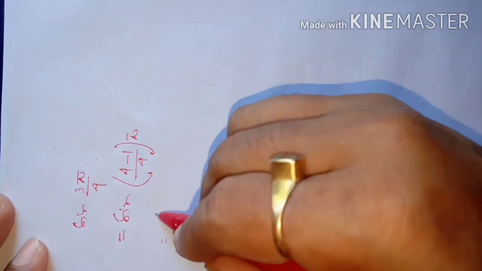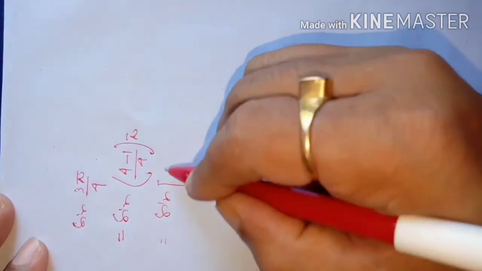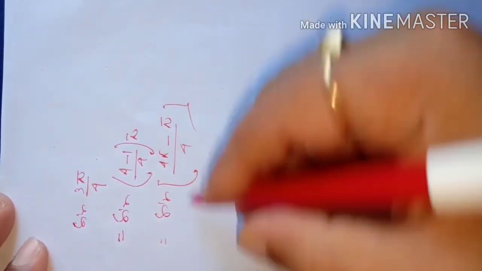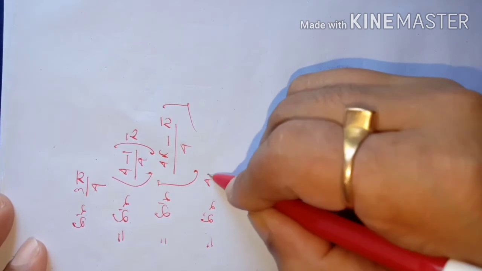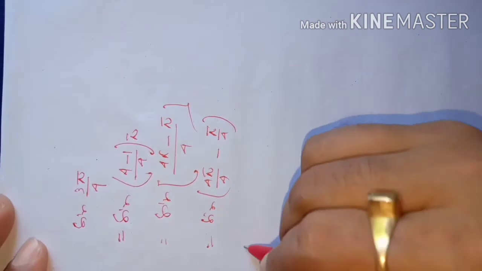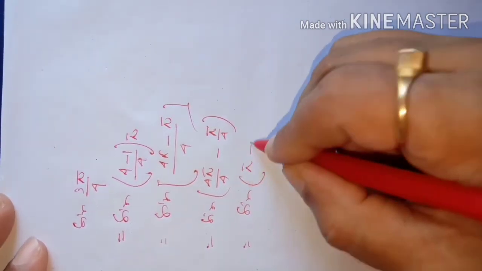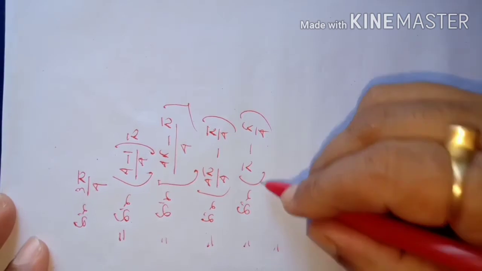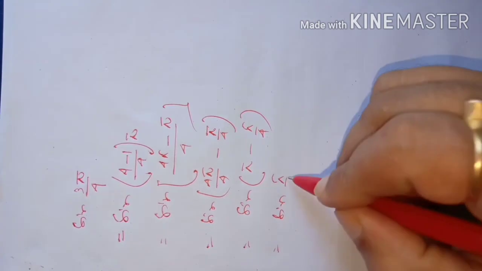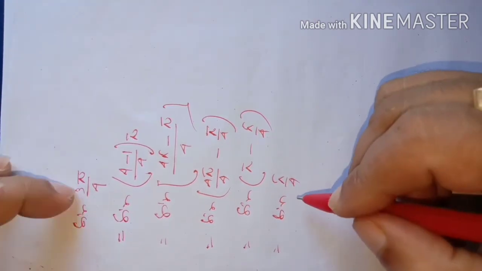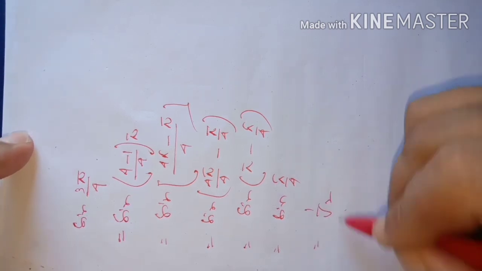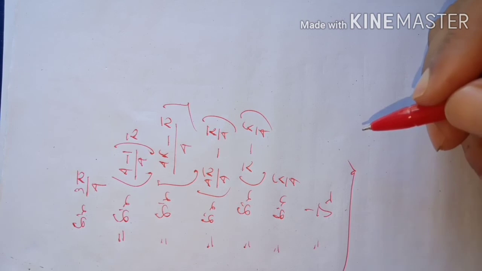So now we can write it like this: sine of 4 pi by 4 minus pi by 4. So it is sine pi minus pi by 4. Compare it with sine pi minus theta, that will be sine theta, meaning sine pi by 4. Is it clear? That means the value of sine 3 pi by 4 is also the value of sine pi by 4. So sine pi by 4 is 1 by root 2. Okay, dear students? Are you getting it?